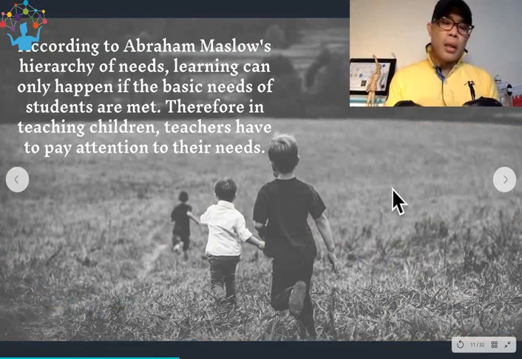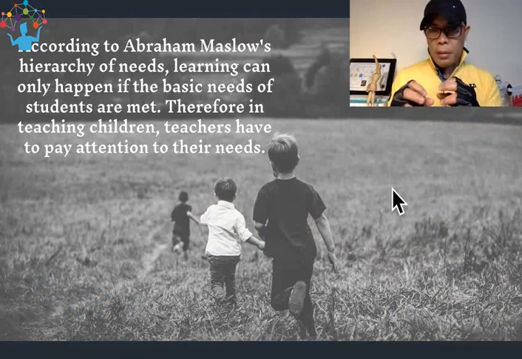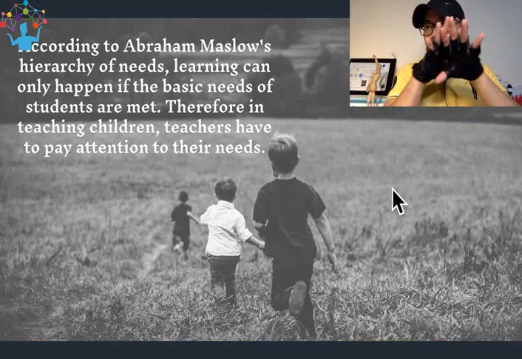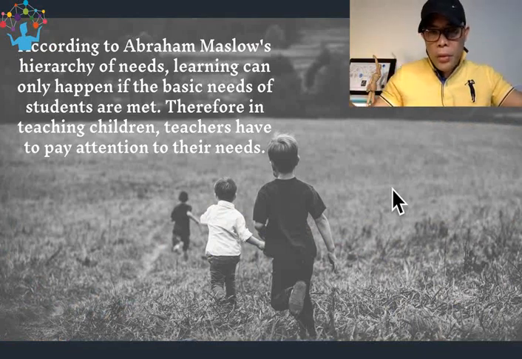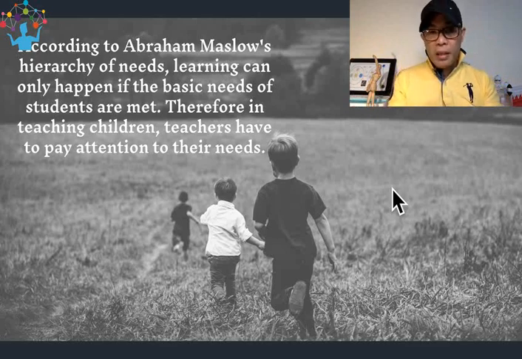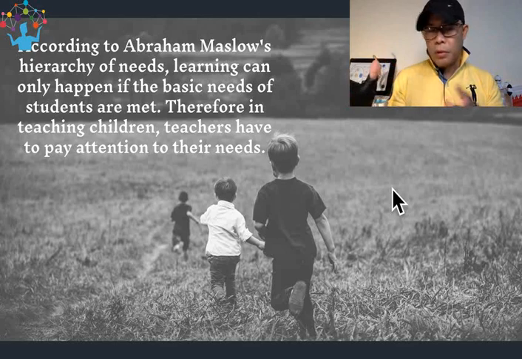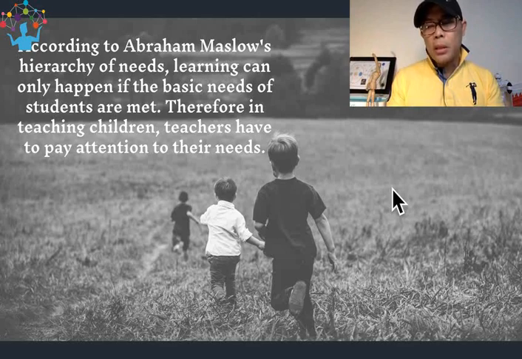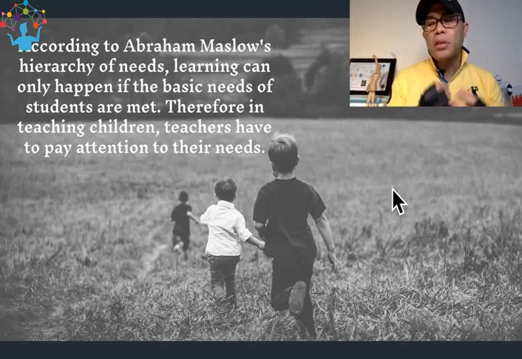Okay, let us now get into very specific theories. I'm not going to explore all the theories. We're just going to look into the most basic and the most useful for you in terms of looking at the needs of children, trying to answer what are the needs of Bahrain children? What is the life of Bahrain children? Let's start with